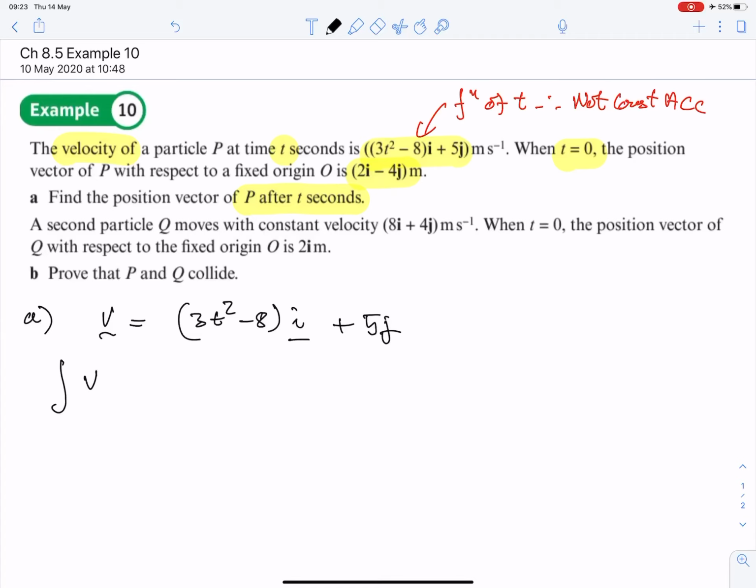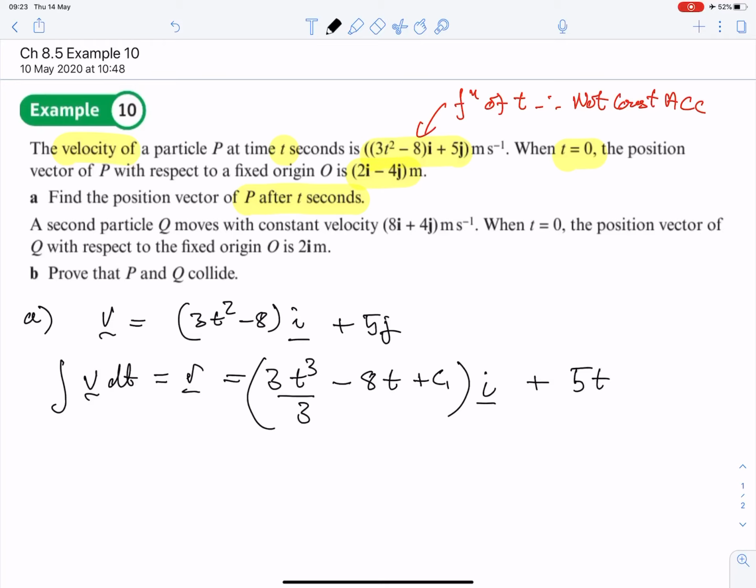The integral of v dt to get to the position: write down the constant, add 1 to the power, divide by the new power. Write down the constant, and minus 8 becomes minus 8t when we integrate, and we need a constant of integration. Call it c1 lots of i, plus integrate the plus 5, so we get 5t, plus our constant of integration,